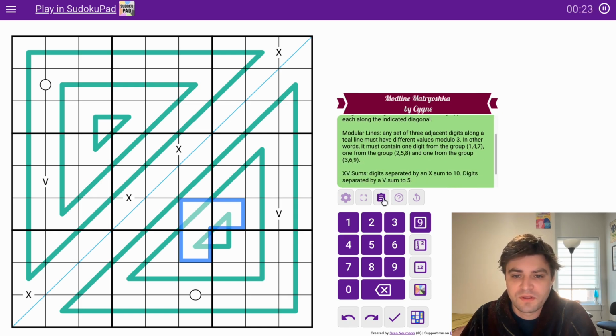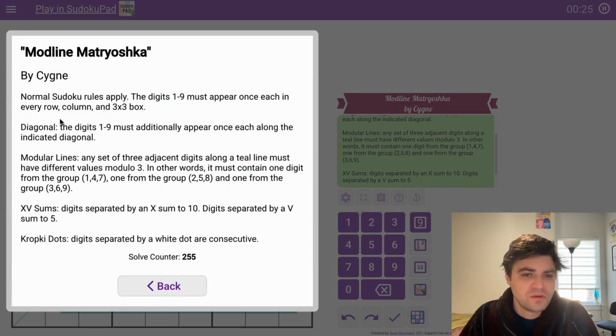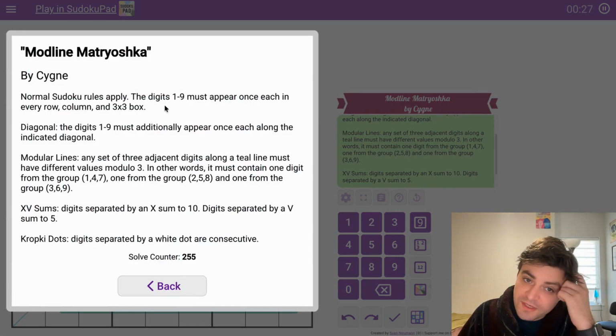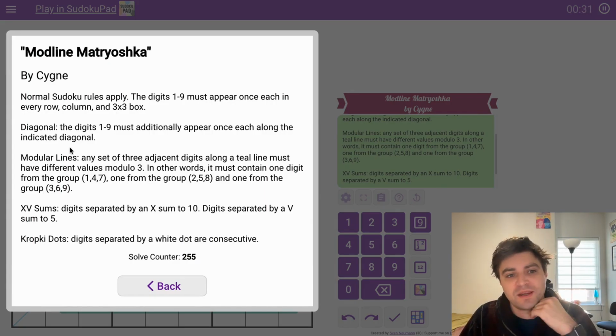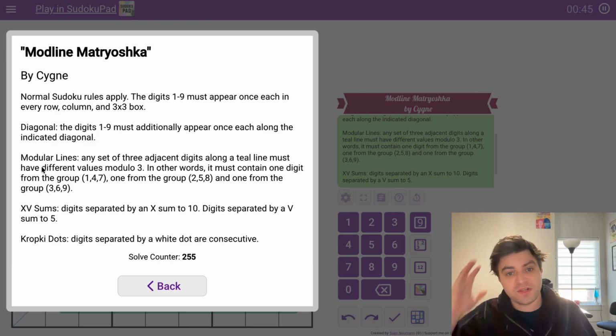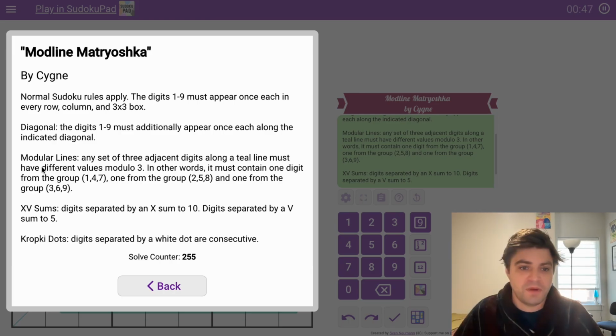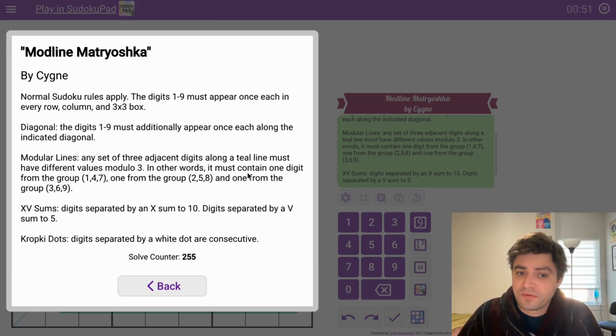Let's read the rules. Normal Sudoku rules apply. We're going to place the digits 1 through 9 once in every row, column, and 3x3 box. There is a marked diagonal. The digits 1 through 9 must additionally appear once along each of the indicated diagonals. So I guess 1 through 9 appear on that diagonal. There are modular lines. Any set of 3 adjacent digits along a teal line must have different values modulo 3. In other words, it must contain one digit from the group 1, 4, 7,